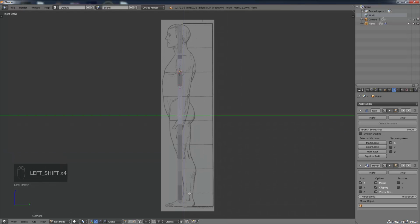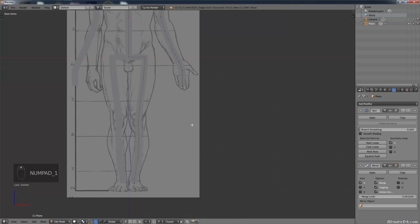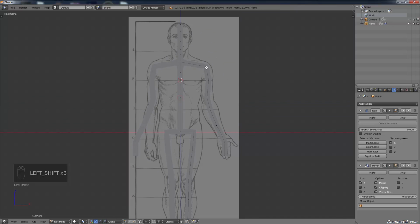And nothing's really lined up. But I'm not going to worry about that yet. First, I'm gonna continue working on the front view. Essentially, you could do this all from the front view if you know the human anatomy well. But now all we need to do is start